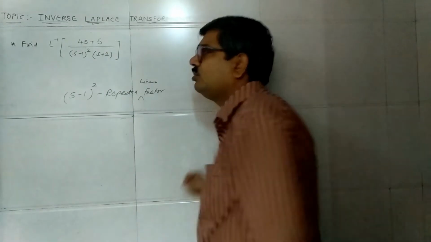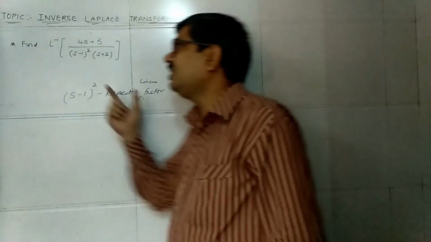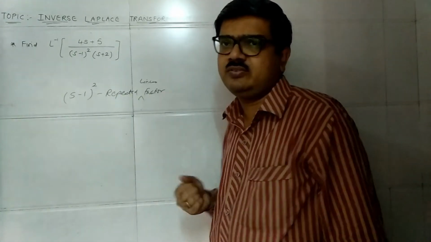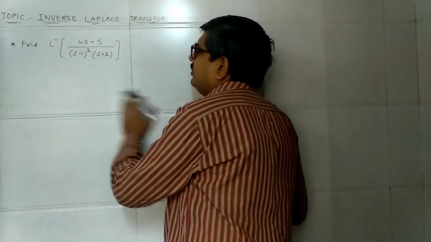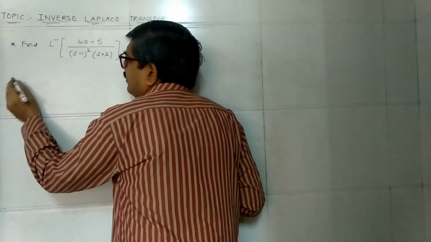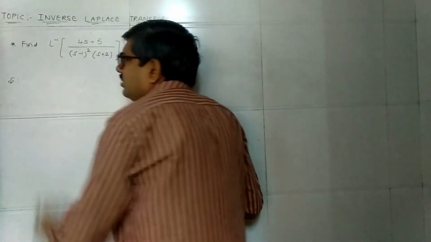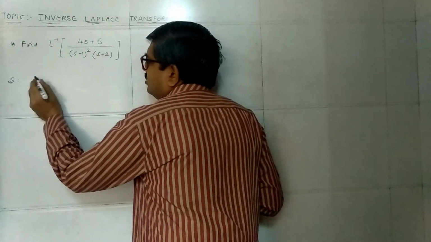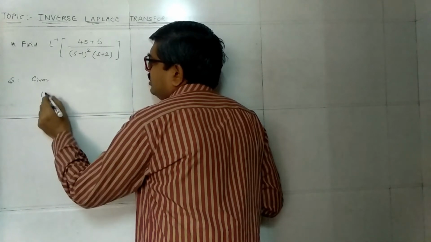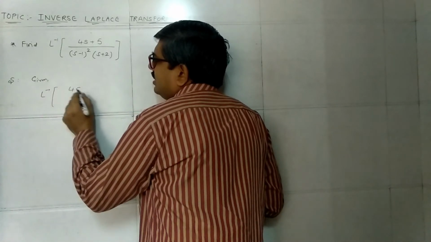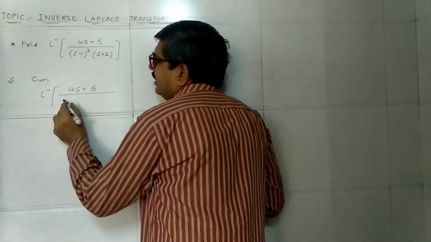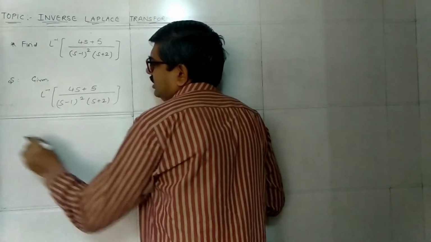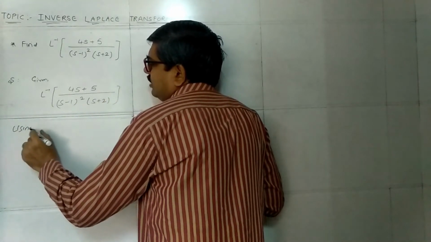Okay, so if the repeated linear factor is given in the denominator, in partial fraction how we have to solve this, let us see that. After finding the partial fraction, we will find the inverse Laplace of the fraction. So first of all, let us note down the question given. Given Laplace inverse of (4s + 5) upon (s minus 1) whole bracket square into (s + 2). Now using partial fraction method,